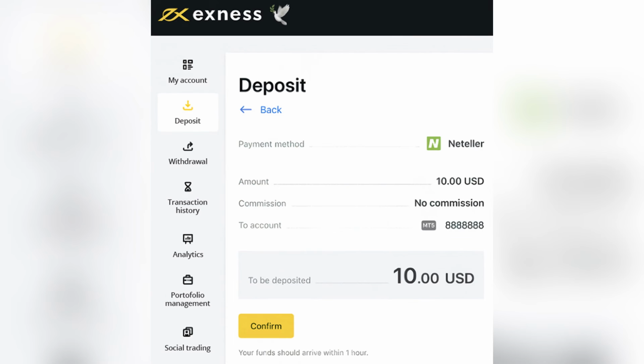Now, once successful, the funds will reflect instantly in your Exness trading account, and the amount will be debited from